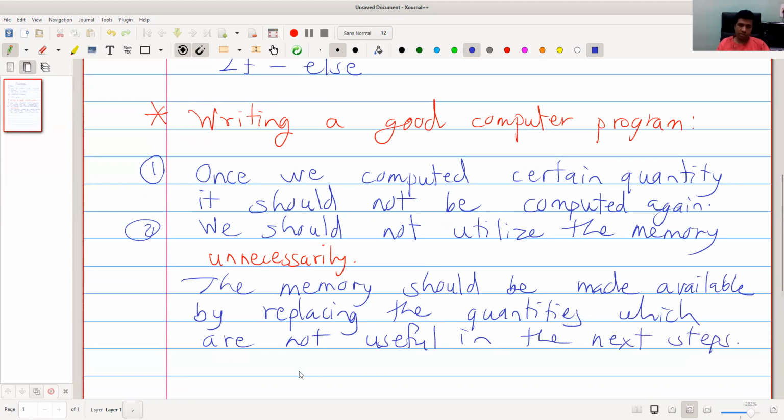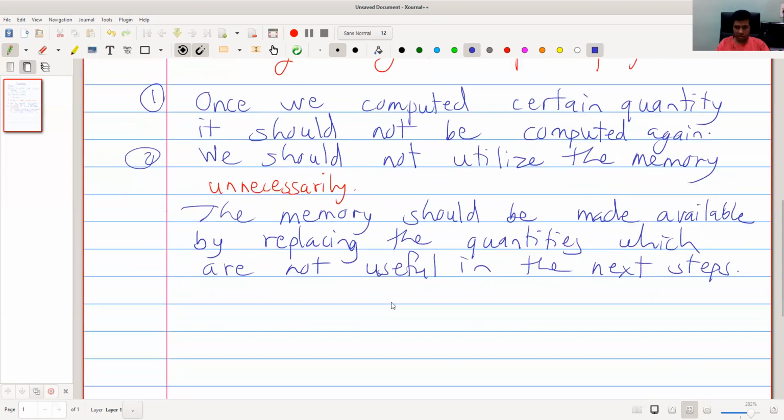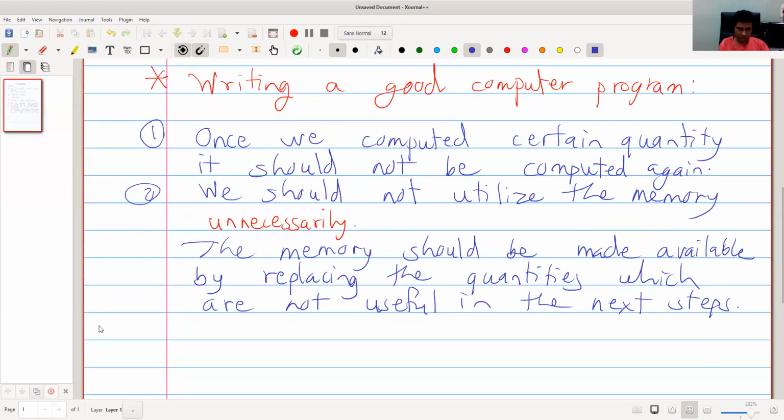So such programs are efficient. This will produce an efficient program.